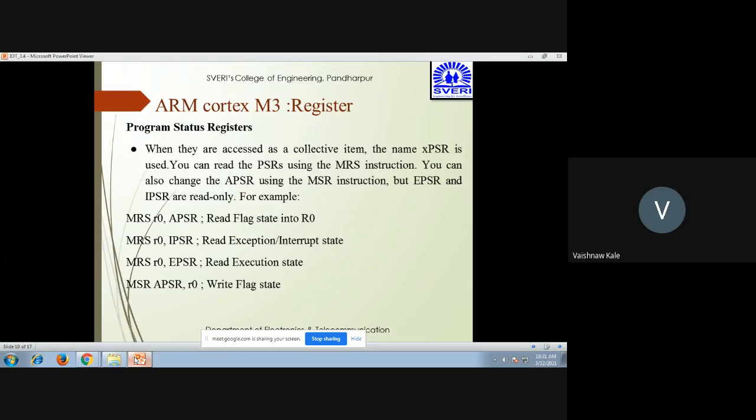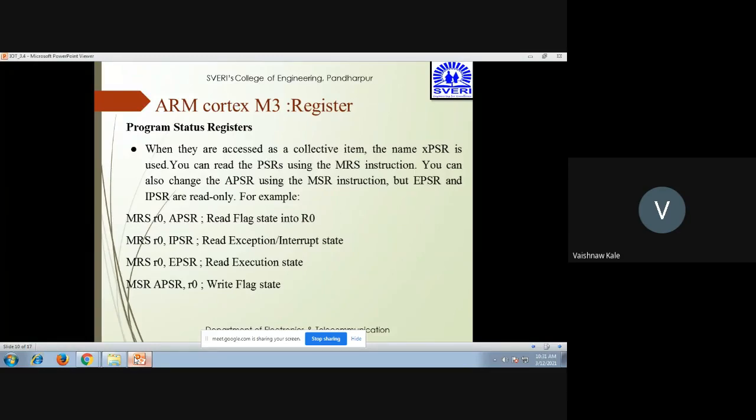So R0, IPSR means reading the interrupt state, or exception state. Then MRS R0, EPSR, again you can read the execution state. So all three are used with MRS. They can be read, either APSR, IPSR, or EPSR.